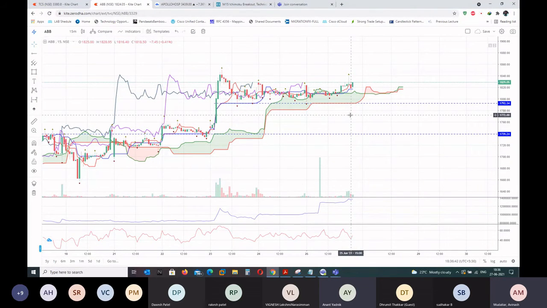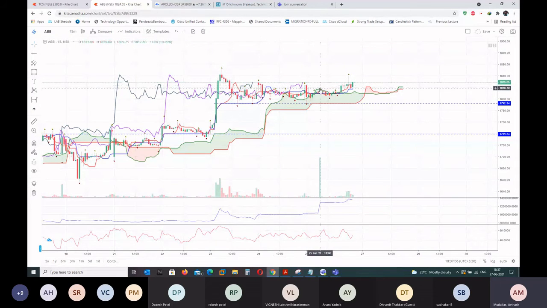One of my advice would be, it requires a lot of practice. You need to train your eyes. Once you train your eyes, then it will be a bit easy for you, and practicing will make you perfect. But the only thing I'll tell you in the start is to ensure the momentum is there at both 52 and 26 when you enter a long trade, or if you're entering a short trade, and ensure this is not touching any candle. Because if it touches, then obviously there won't be any momentum.